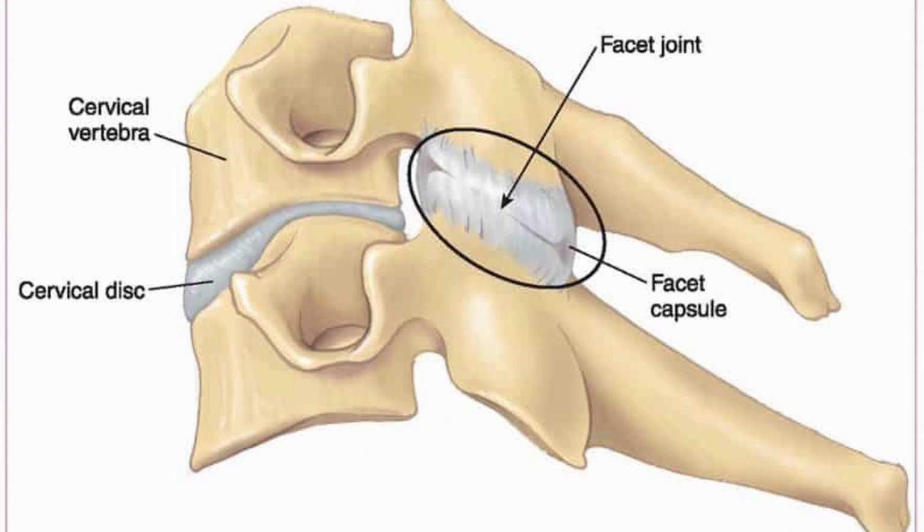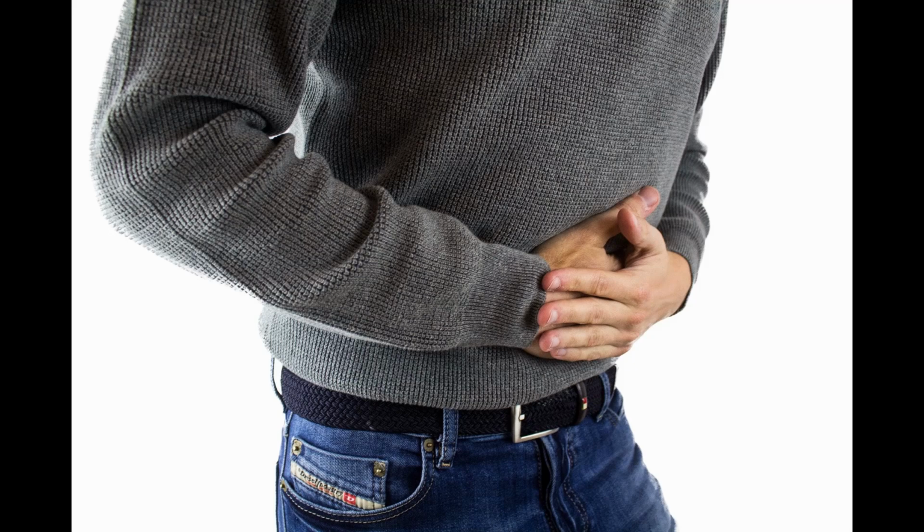So what the heck is a facet? The facets are the joints that allow for mobility in the spine. So at each segmental level, a vertebral body connects to another area that has a joint, and that joint can get arthritis in it and cause potential pain. And there are other less frequent causes, such as acid reflux, fibromyalgia, shingles, and myofascial pain syndrome, that can all cause some degree of scapular pain.